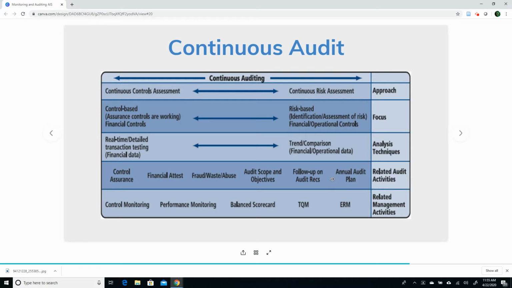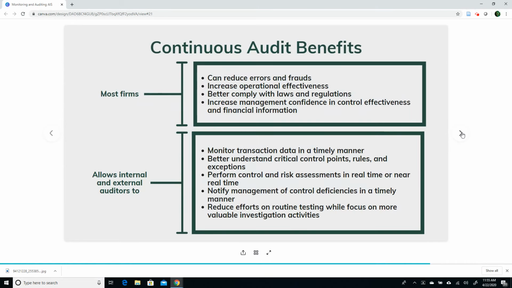And this all relates to management activities such as control monitoring, performance monitoring, total quality management, and enterprise risk management. All right, so what are the benefits of continuous auditing? Well, for most firms, continuous auditing can reduce errors and fraud. It can increase operational effectiveness. It can help you better comply with laws and regulations. And more importantly, it can actually increase management confidence in the effectiveness of the controls that you put in place